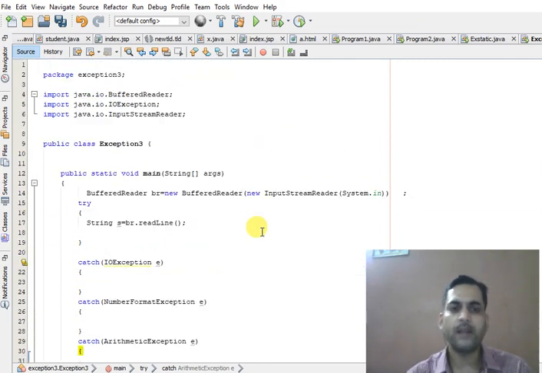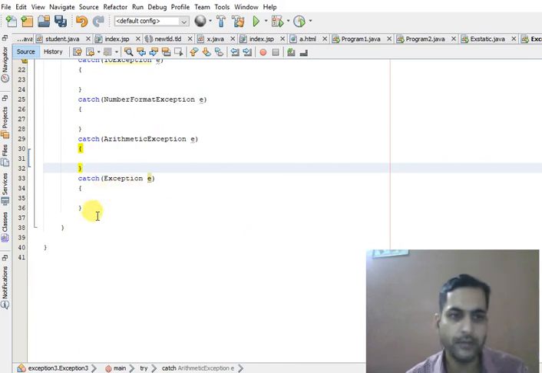So we have seen what is the use of try block, catch block, and throws keyword. The throws keyword is used to declare the exception. It is actually used to declare the checked exception. Then we can also use the finally keyword.